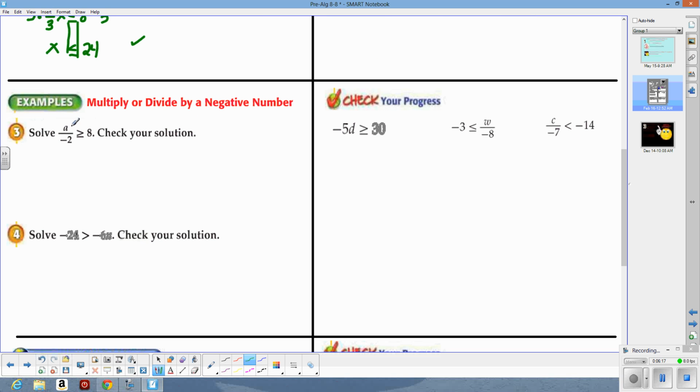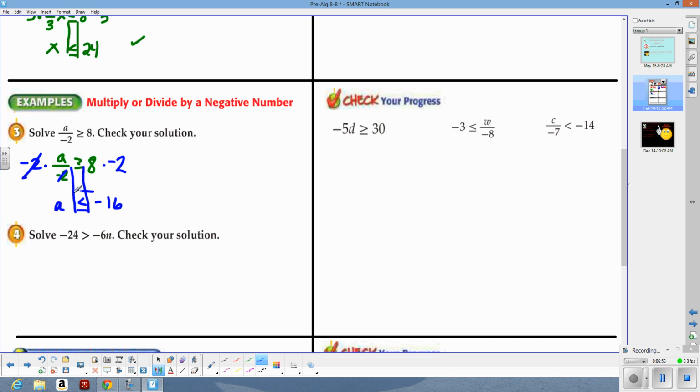Next up, we have a divided by negative 2 is greater than or equal to 8. I'm going to write this below so I have room to show my work. Instead of dividing by negative 2, we're going to multiply both sides by negative 2. And that's going to cancel these to become just a. And on this side, 8 times negative 2 is negative 16. And since I multiplied by a negative, I need to flip that symbol around to being less than or equal